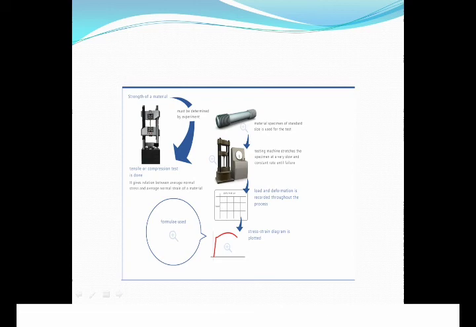The testing machine stretches the specimen at a very slow and constant rate until failure occurs. This is called the gradually applied load, and based on that we plot the graph. We can go for digital readings recording, or we can directly get the graph and see the readings at each point, and what different stresses are occurring in the element.